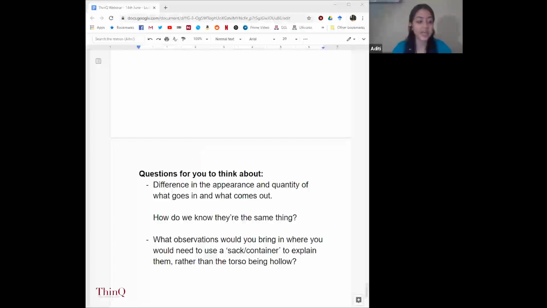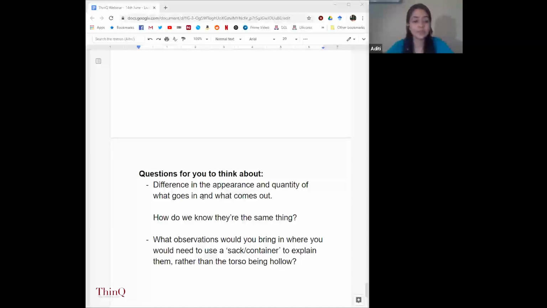And what we were trying to do is build a model to explain how the process of eating food is related to the process of expelling waste, and what the possible internal components of the human body could be that allow that to happen. So these are examples of theories, and